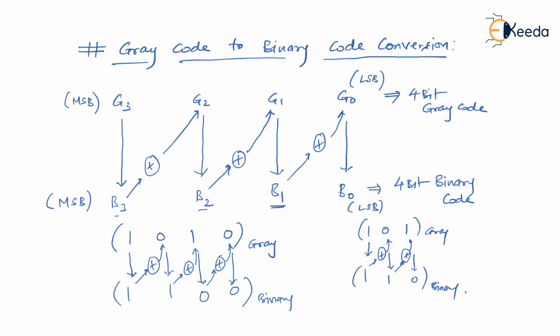Since you understood the process and we have solved 2 examples, and 2 examples are enough to understand that, let's go for a circuit diagram or a logic diagram which will convert gray code to binary code. I'm sure you remember the process, so following the process, we can directly draw the diagram. G3, G2, G1, G0 is now the input of a particular circuit, to which if you give gray code, the output of the final circuit should be binary code.